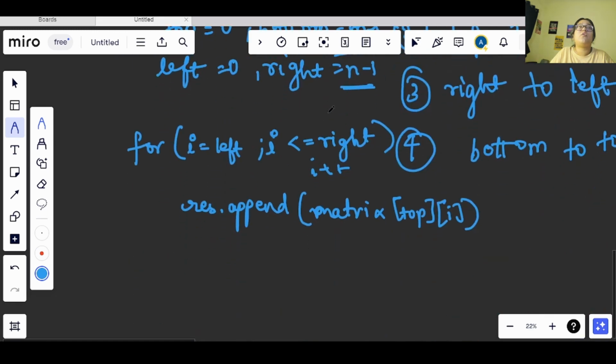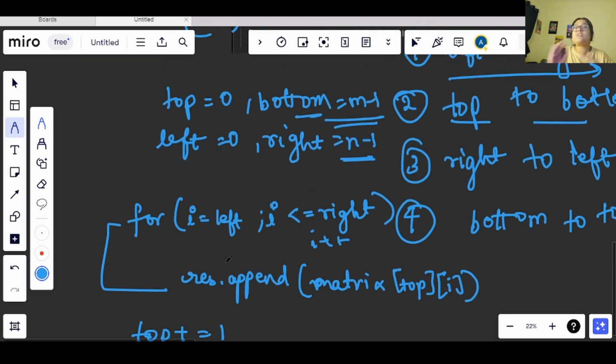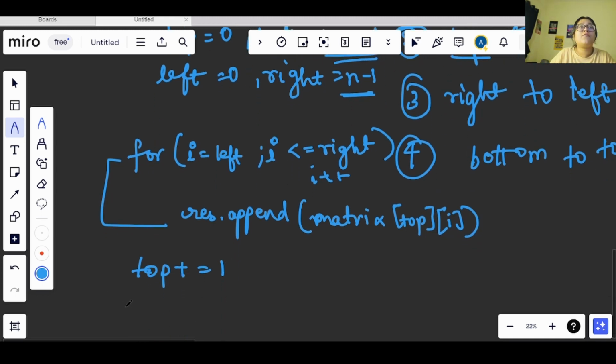So after completing this loop, we will increment the top value by 1. Why am I doing this? Because once I have traveled on the 0th row from left to right, I have to move to the first row, and from there we will be traveling till the bottom.